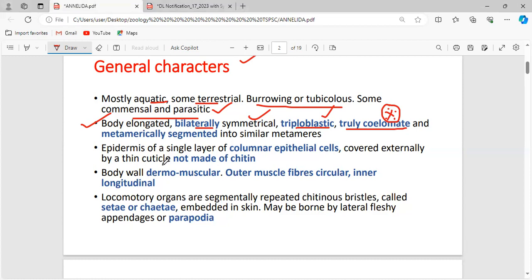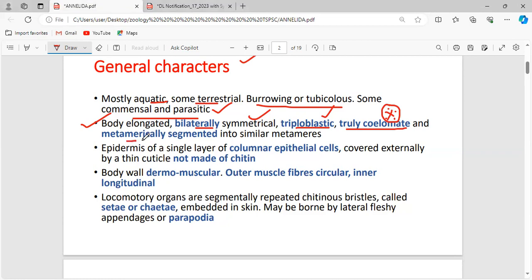If the body cavity arises by splitting the mesoderm, then it comes under schizocoelomate. And in enterocoelomate, the body cavity arises from the digestive tract. Anyhow, both schizocoelomate and enterocoelomate are true coelomate animals, but this is the difference. The body cavity is very well developed, but the arising point, the emerging point, will be different.